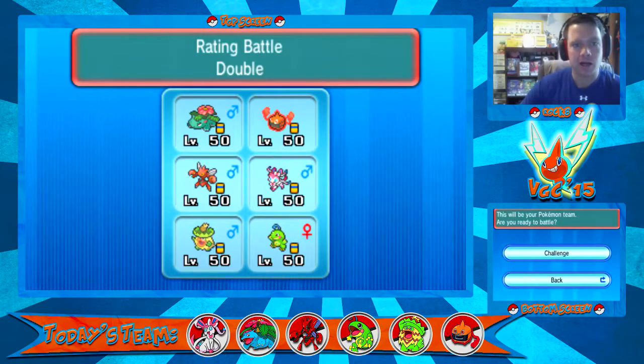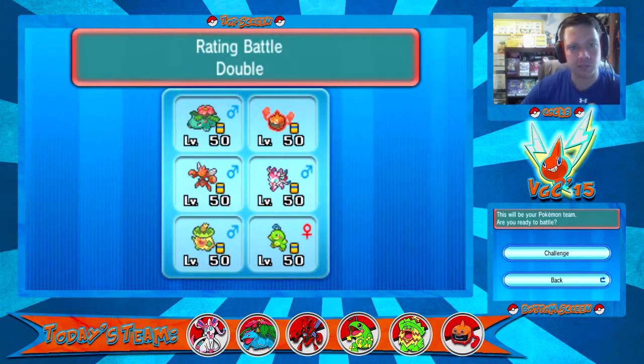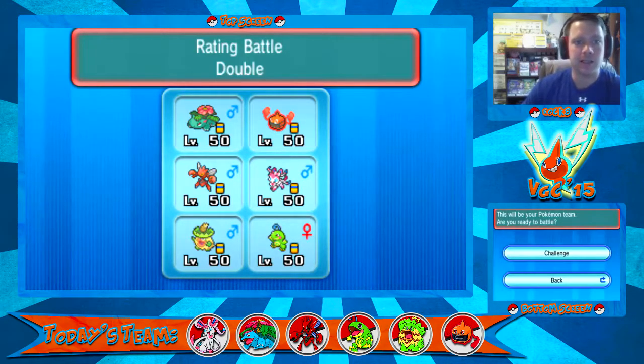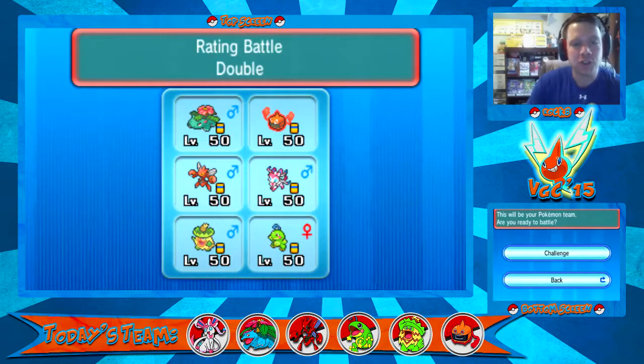And I do have complex EVs on this one, mainly just because I wanted to be able to outspeed a max attack Adamant Bisharp, and he is just a really good lead. Unfortunately, I don't have any